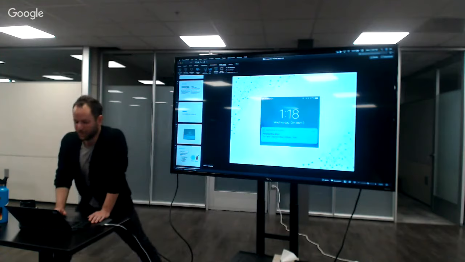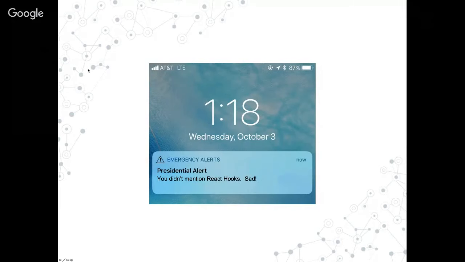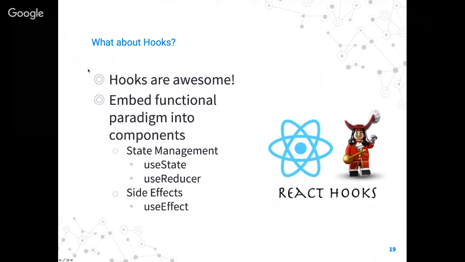Alert, alert, alert. I didn't mention React hooks. How in March of 2019 could I not have a React talk about hooks? Okay, so I, like hopefully most of you, am really, really excited about hooks. I think they're going to make all of our lives way, way easier.